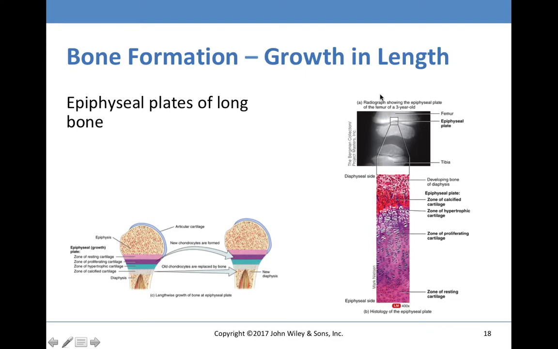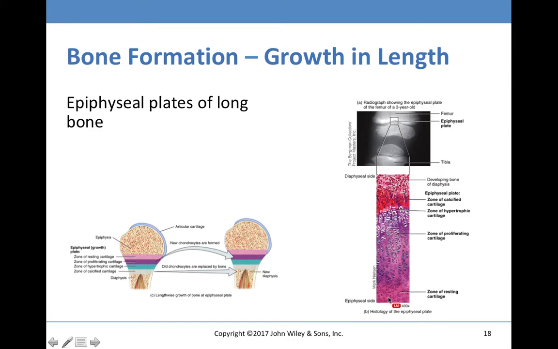So here we see this is actually from a 3-year-old, so there's still an epiphyseal plate, but as we age, that epiphyseal plate will be less space will occur through here, and it'll just be a slightly darker line that will be an epiphyseal line, not a true plate. So here you can see